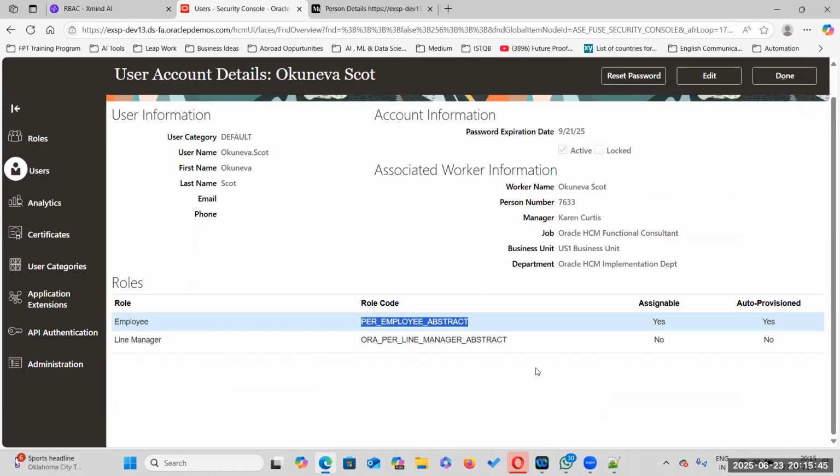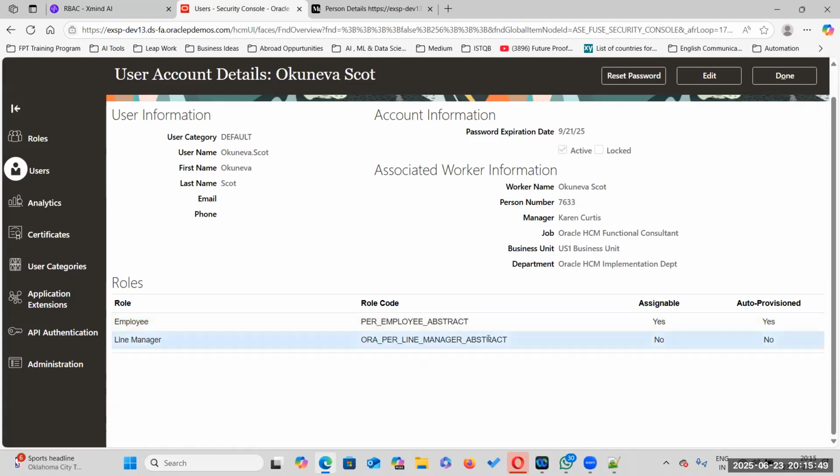Now, this is not an auto provision role. We have provisioned it manually. So now you are able to understand what is meant by provisioning: it means adding. Manually you have provisioned this particular role to this user. Now we will click on done.